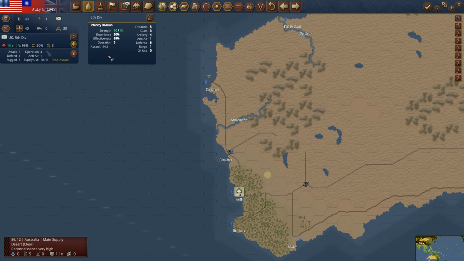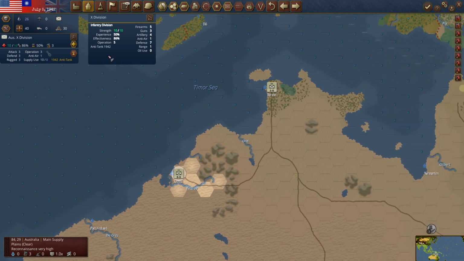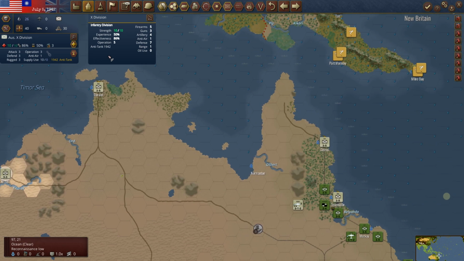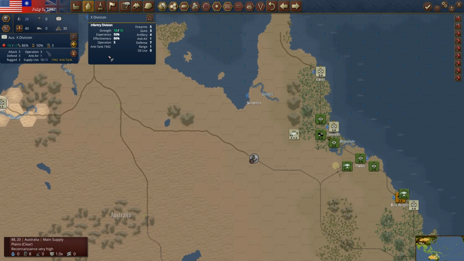Okay, let's go over to Australia. We're in garrison at Perth. We've got our unit now in at Derby. Darwin, he's just kind of hanging out, sitting around. Cans well dug in. I think it's time